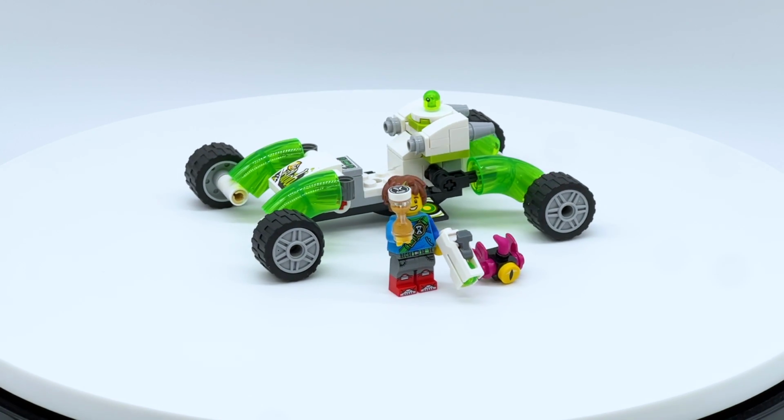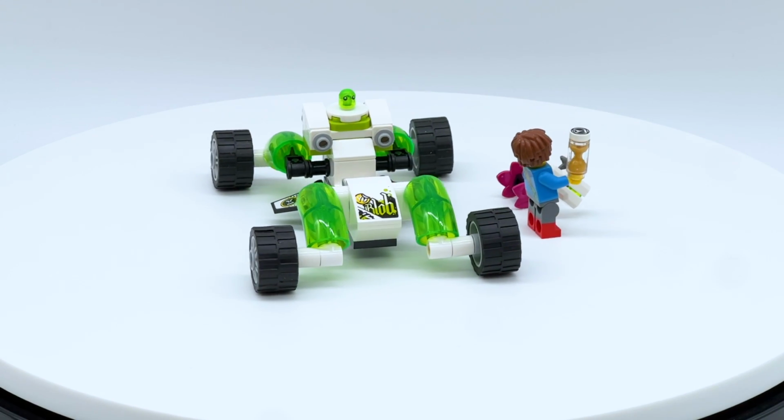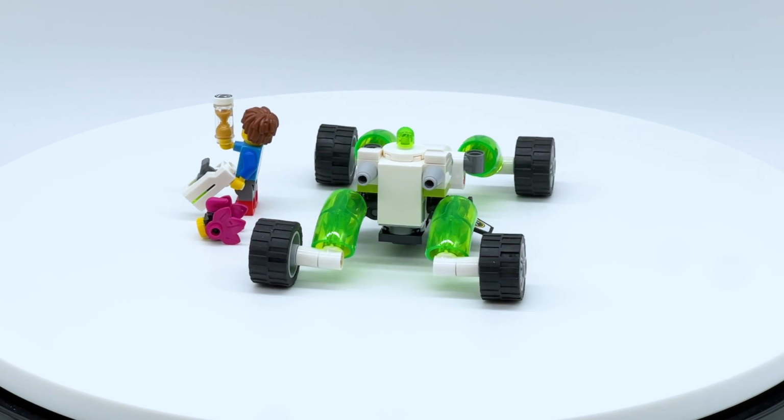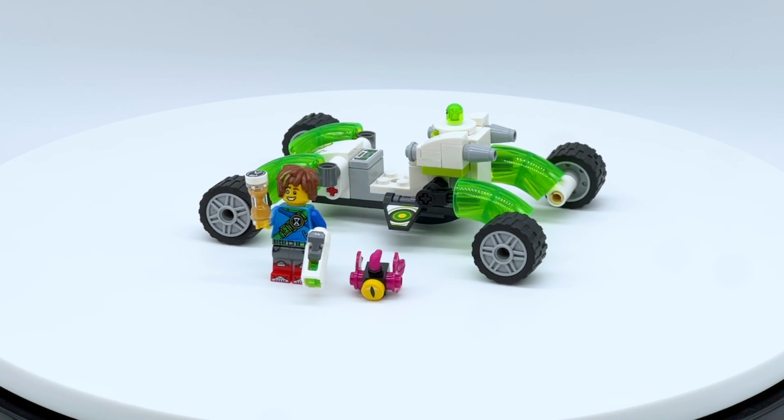Hey everyone, I'm Mind, and this is set number 71471, Mateo's off-road car from the LEGO Dreamzzz theme. This set contains 94 pieces, 1 minifigure, and will retail for $9.99 in the US when it officially releases on